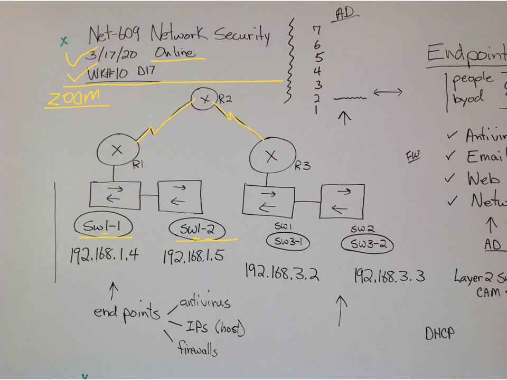Switch 2, and then we have router 3. So we have switch 3.1, switch 3.2. This is the IP addressing that was used for the switches. And our concept was to be able to telnet between the switches in order to be able to do our